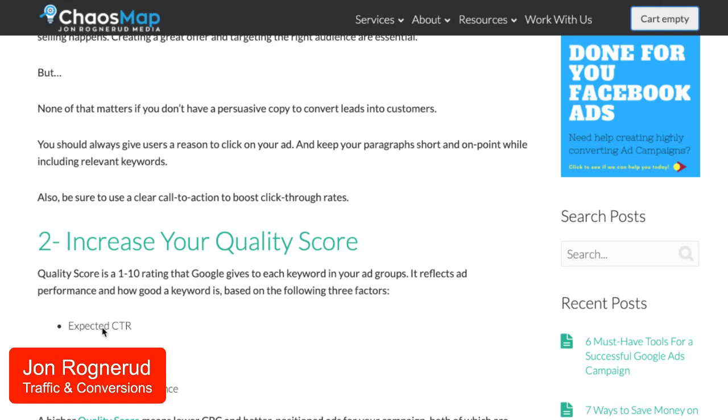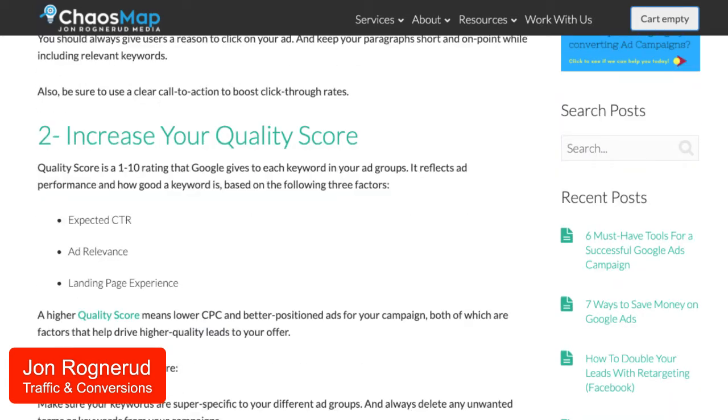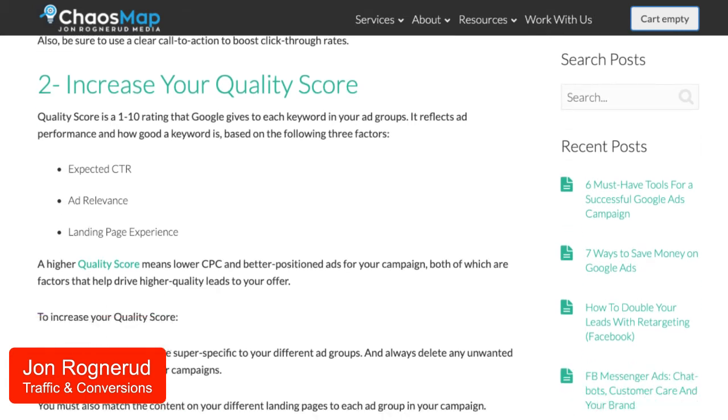I mean, if you look at it, the expected CTR, the ad relevancy, landing page experience, you can definitely work to improve that. And when you do, you'll be able to get a better position, as I said, at a lower cost. And it's kind of spectacular how this has been developed over time. The idea that